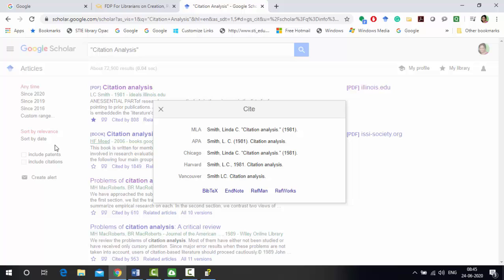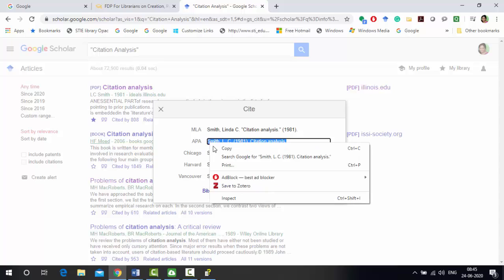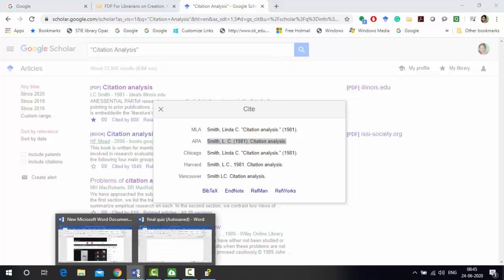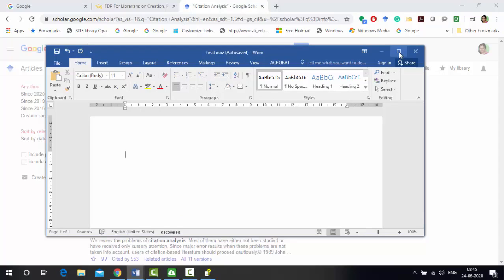So Google Scholar can help you out in this regard. Here, if you can see, the article which I have clicked is cited in 5 different citation styles, among which second one is APA, and we want a reference citation in APA style. You have to just go there. Google Scholar helps you out in that. You have to click on that, copy that citation, and then keep one Word file open, or you can keep one Excel file open.